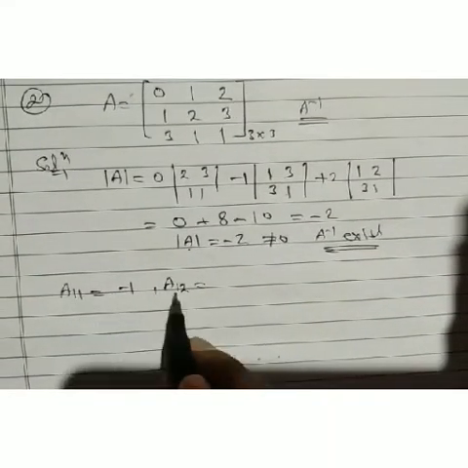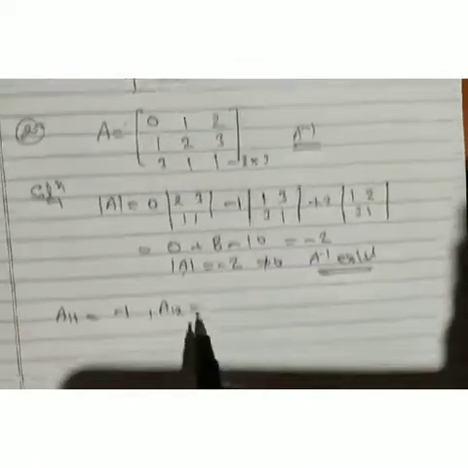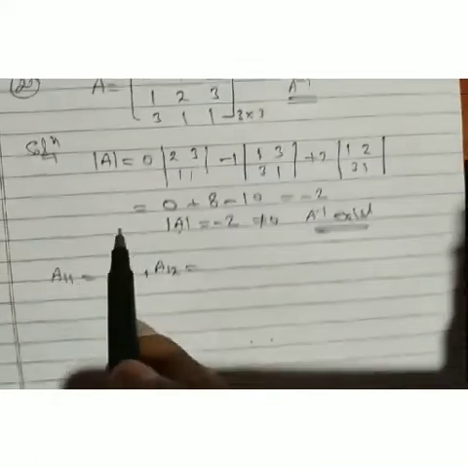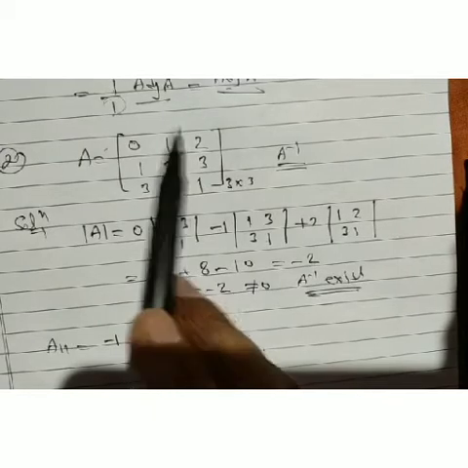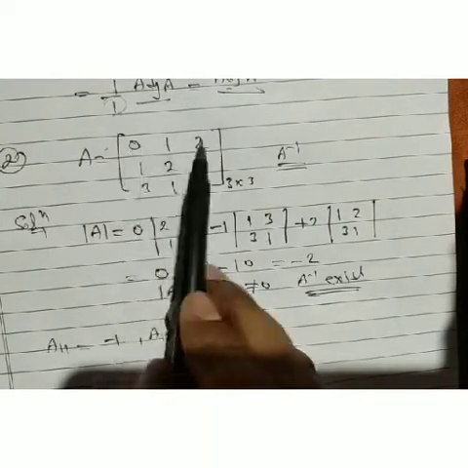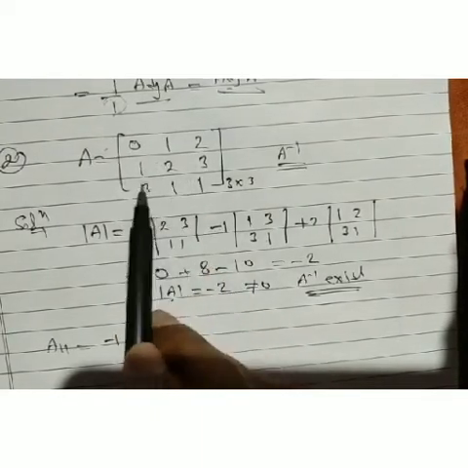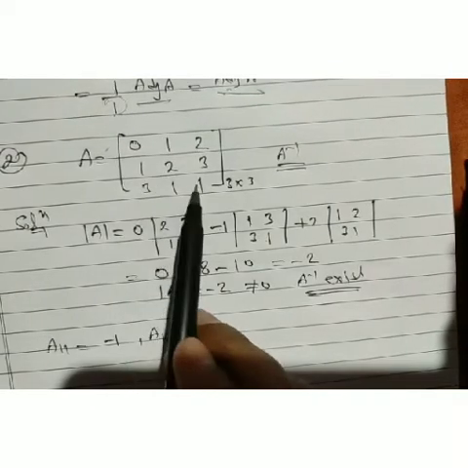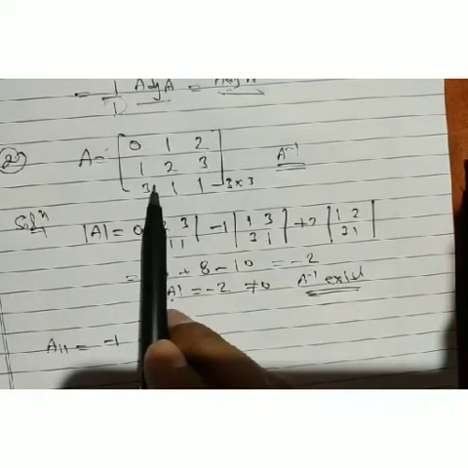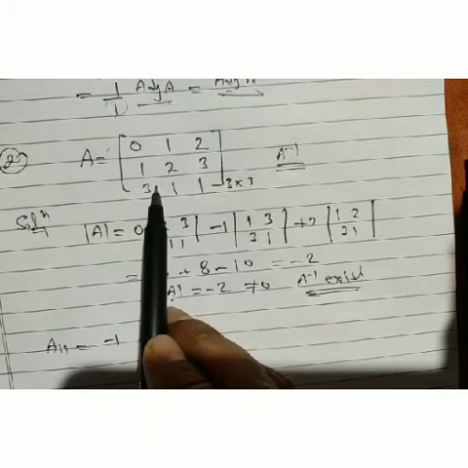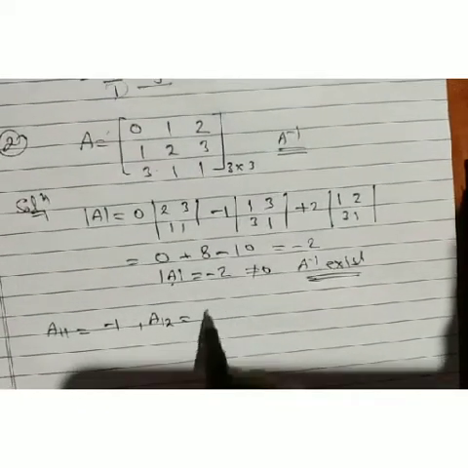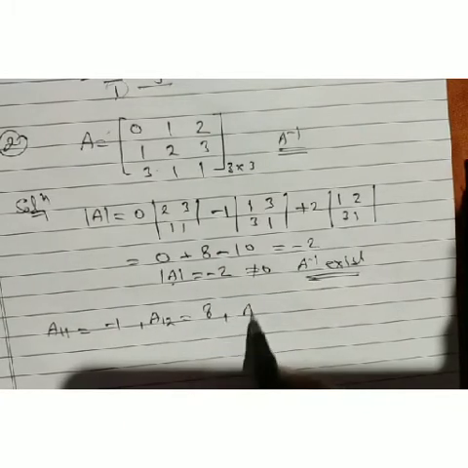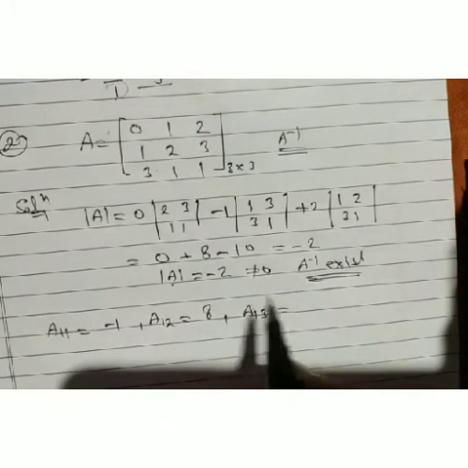Cofactor of A1 is what? We are going to find out the cofactor of A12. What is A12? Cofactor of this one, we have to change its sign. Deleting this row and column, we have 1 3 and 3 1. It's 1 into 1 1, and minus 9. After solving we have minus 8, but the sign of this is negative. Then A12 is 8 there. Then we are going to find out A13.